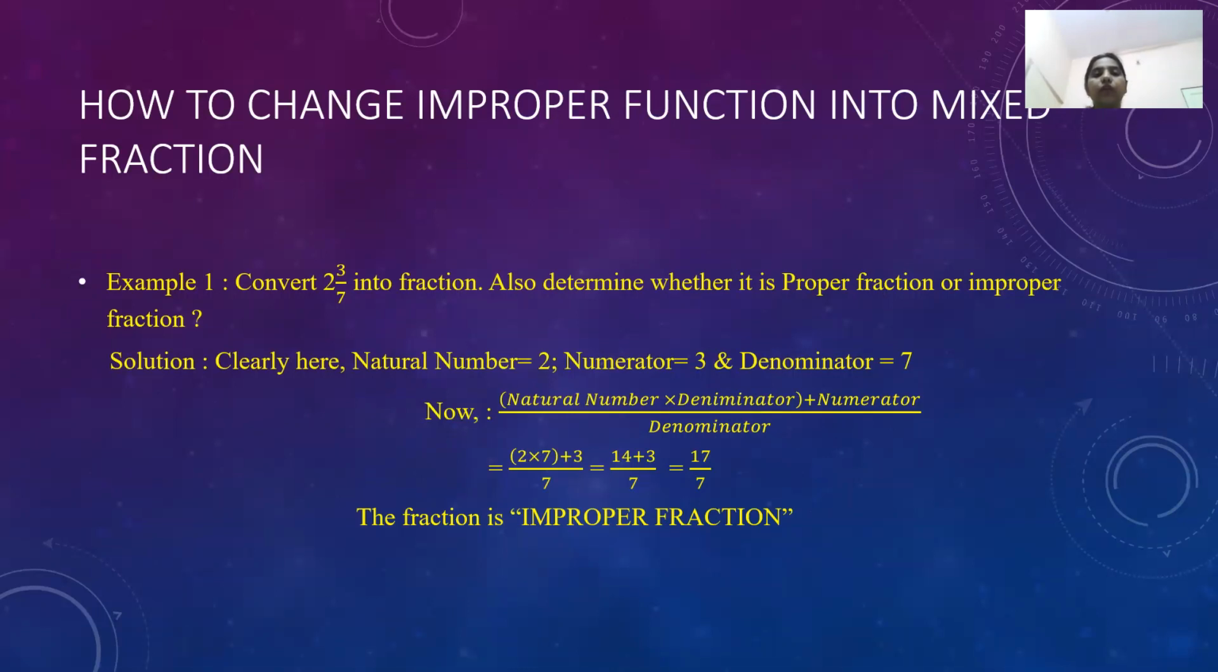So how will we do it? First of all, we will see what the natural number in this fraction is, what the numerator is and what the denominator is. Here 2 is the natural number, 3 is the numerator and 7 is the denominator. We will put these values into the formula. 2 will be multiplied